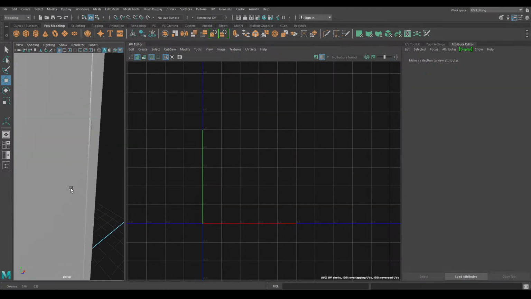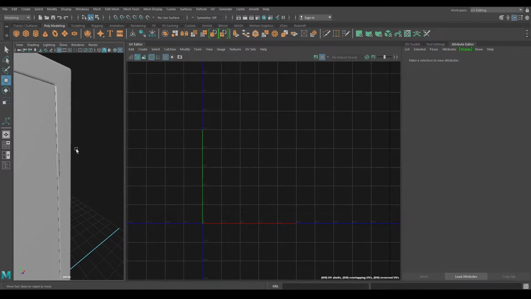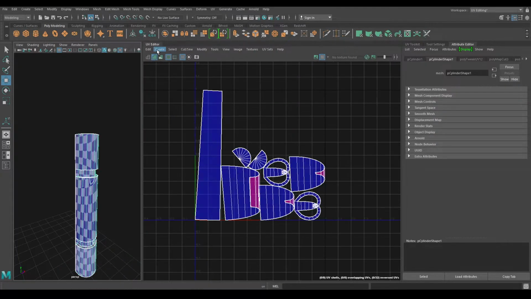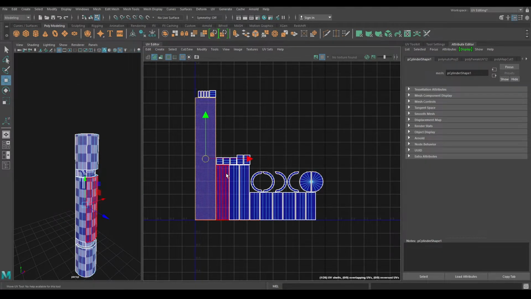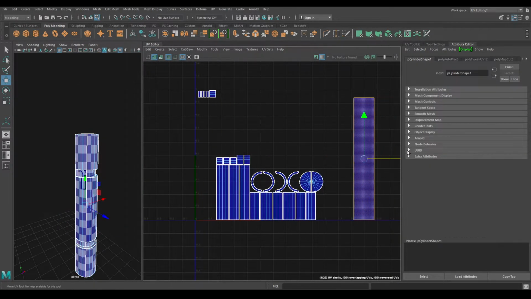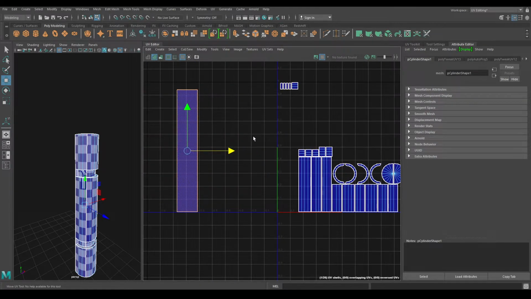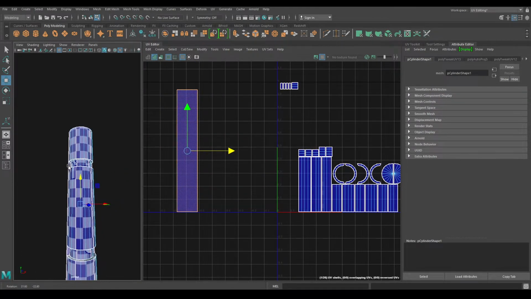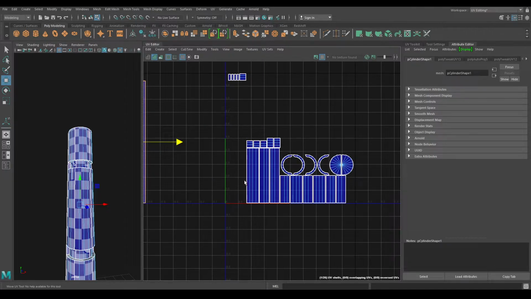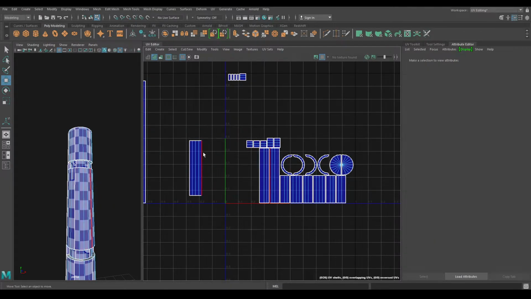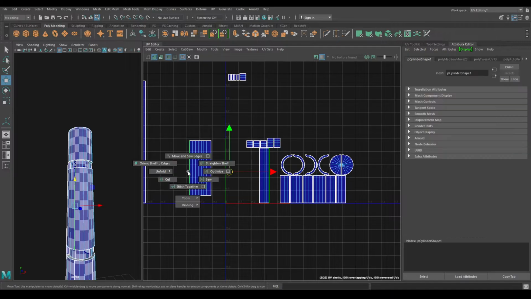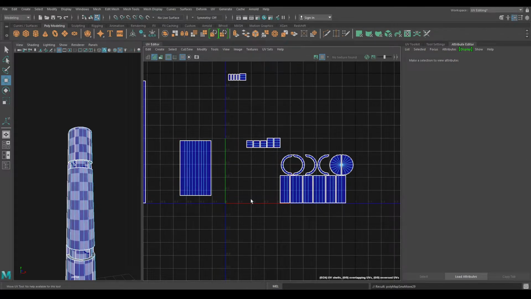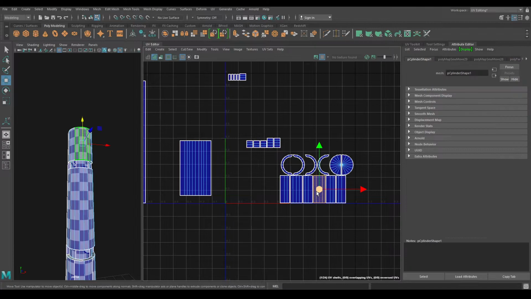Bring back our model and let's unwrap the last part of our model. So select this and go to create and use automatic. Let's select this shell and bring it out. And now select these shells and start sewing the edges. So press shift right click and use move and sew edges. Do the same for these shells.